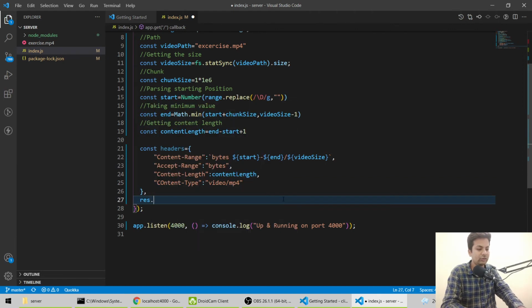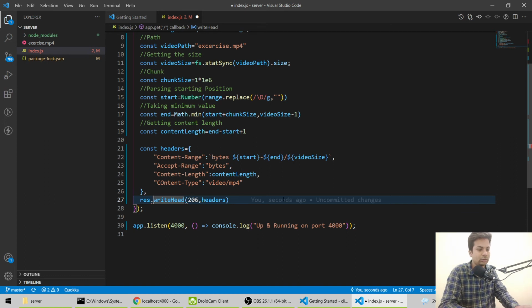So we'll say res dot writeHead, 206. I think 206 status is for streaming, maybe, because I just saw they use 206. Then here we'll say headers. Why is it showing an error like this?